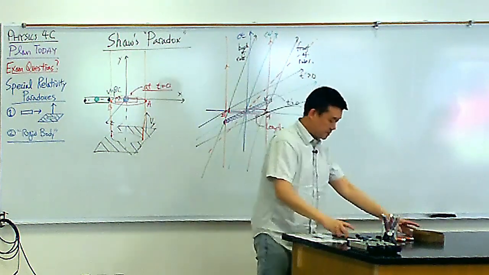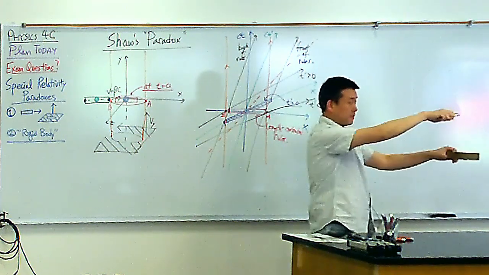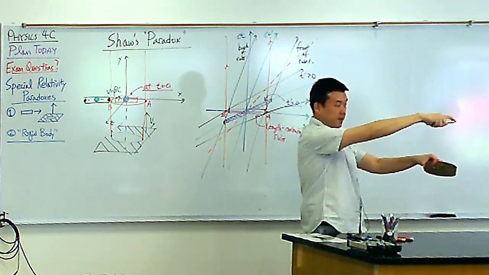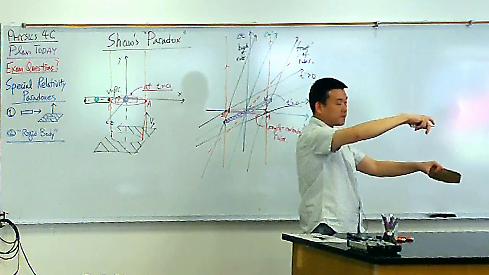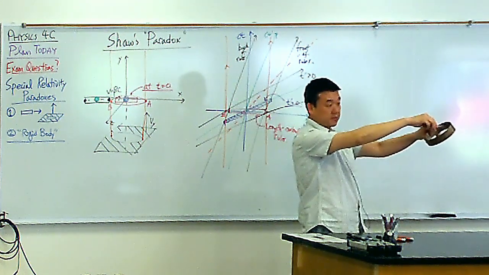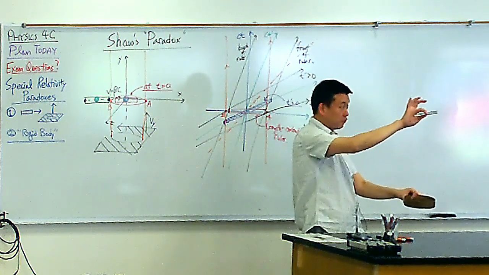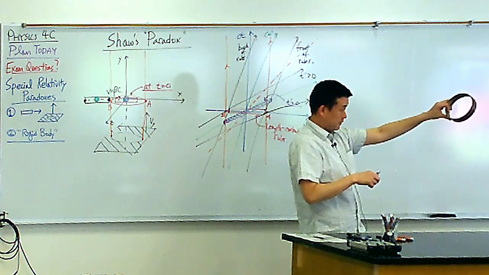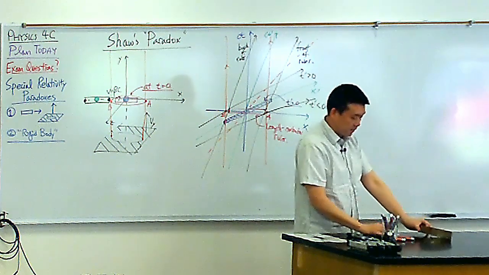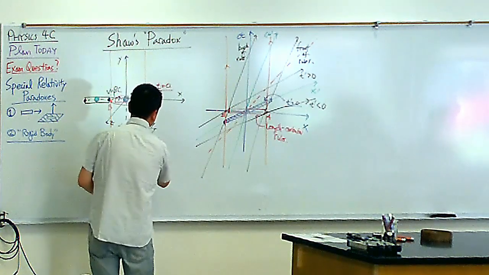So what that means is, this far end does pass the y position where this is at, but it passes it here first, and then it passes it below. So in this reference frame of the ruler, this will appear tilted. And if you want to be all mathematical, you can even go this far. You can kind of describe the y position of this